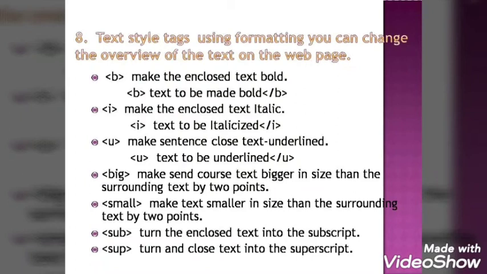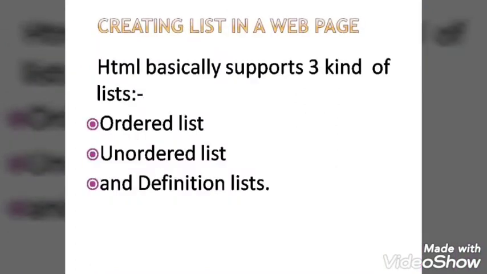Next is making a list. If you want to create a list in the web page, in HTML we have 3 different types of list. Ordered list: as the name says, ordered, 1, 2, 3, 4 will come. Unordered: in this, 1, 2, 3, 4 will not come, bullets will come. I have used bullets here for example. Here you can see the purple dots. These are known as bullets. It is a list but numbers are not there. We can write it up and down. Ordered list means 1, 2, 3, 4 in sequence. Unordered means we are using bullets with no numbers.